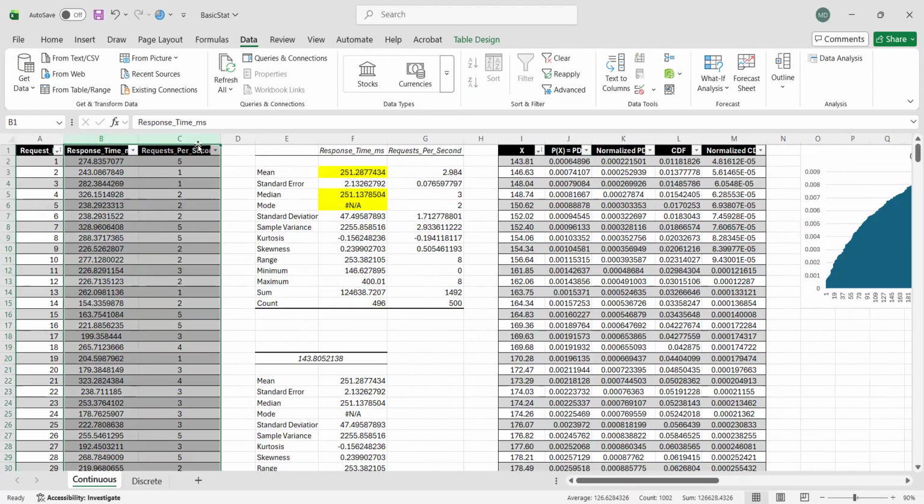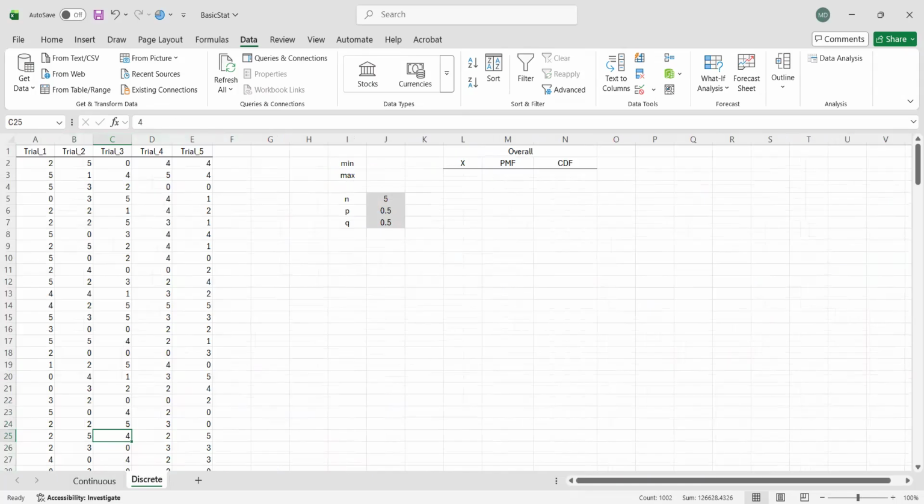Now when it comes to discrete data, let's try to make it quick.